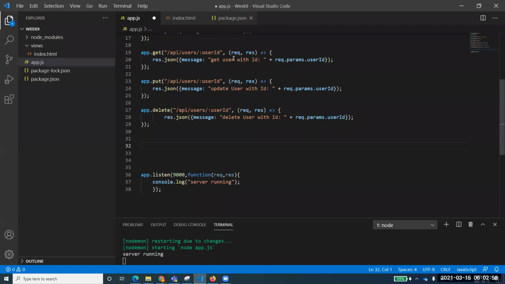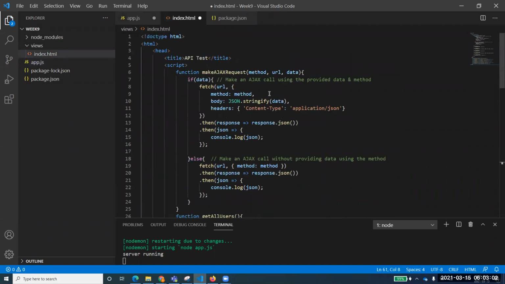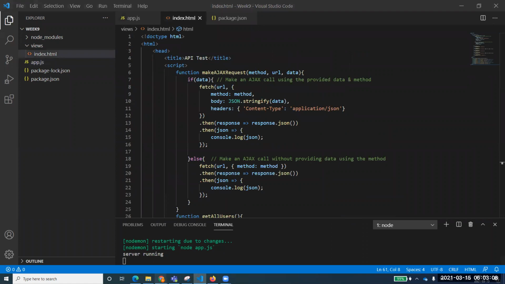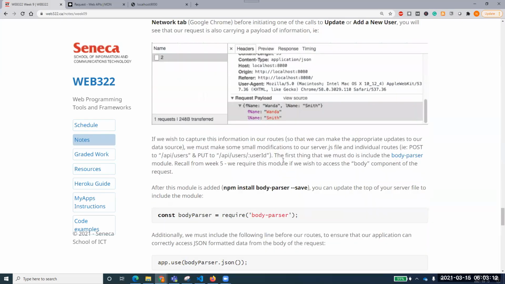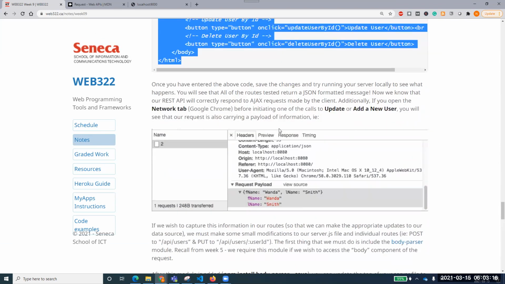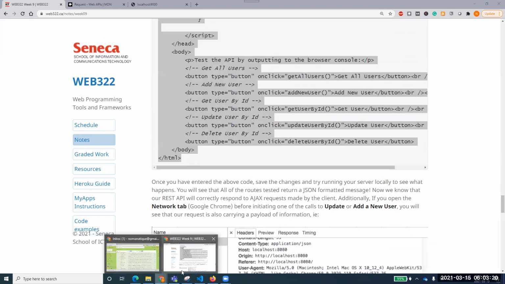Oh, sorry, not here. It has to go into index.html, right? This is index.html. So define that in index.html. We have to save that one, and let's see if something is left. Yes, so we can just test that one now. Let's go and test this on localhost 9000.